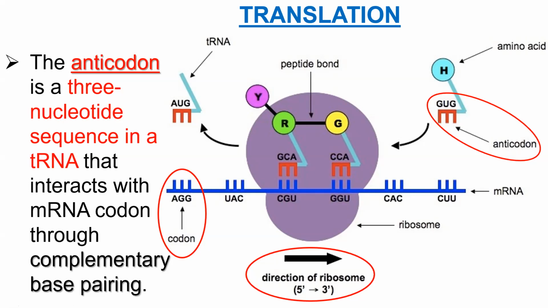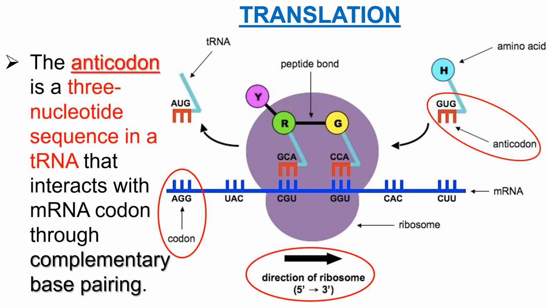So a codon is 3 nucleotides on the messenger RNA that specify an amino acid. Also, there is something called an anticodon. Anticodons are complementary to the codon, and they are found on the transfer RNA. The transfer RNA, the Uber or the Lyft that carries the amino acid, has the anticodon. The messenger RNA has the codon. So the transfer RNA will know which amino acid needs to come based on the complementarity between the anticodon on the transfer RNA and the codon on the messenger RNA.